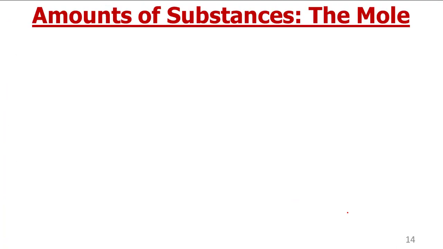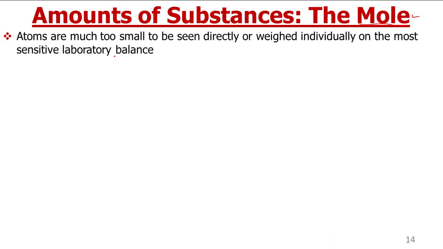Now let us come to our most important topic, and this topic is very important and very essential to study chemistry: amounts of substances, or the mole. What is this mole? As we know, atoms are very small and their weight is very less, so we cannot see them directly or weigh them on an analytical balance like we can weigh some sugar, 1 kg or 2 kg of sugar, or 1 gram of NaCl. We cannot weigh individual atoms, so their weight is determined indirectly,